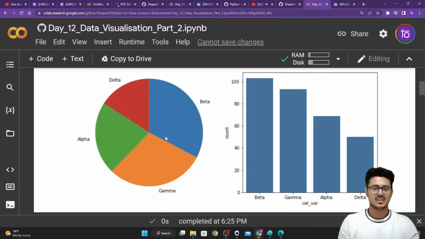There are very few places where you will be using pie charts where you are actually able to find the ratio between the stuff itself. These four things, alpha, beta, gamma, and delta, come together to form a plot. It's basically our campus ambassador program itself. This is the current count of the people in the beta program, the gamma program, the alpha and the delta program. This is live data that we have taken from our campus ambassadors of DevTown, and we have converted it into a pie chart and a count plot so that you guys are able to see it. That is how you will be able to identify it as well. Are you able to understand this? Please let me know.